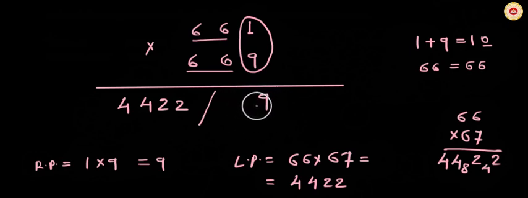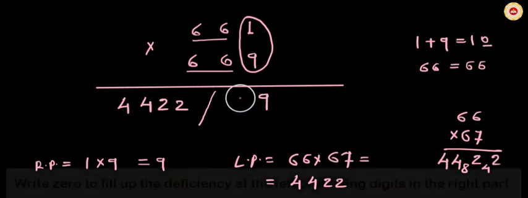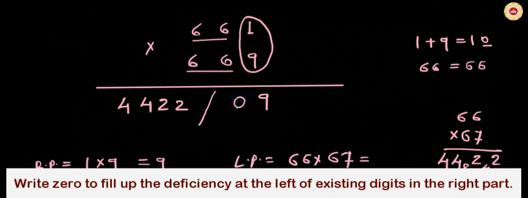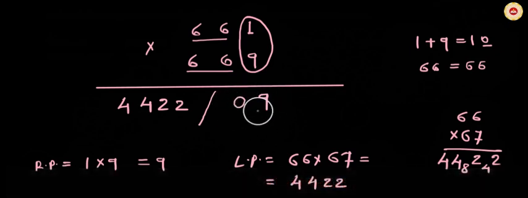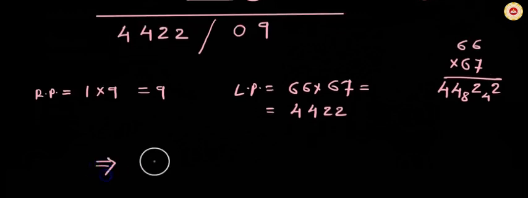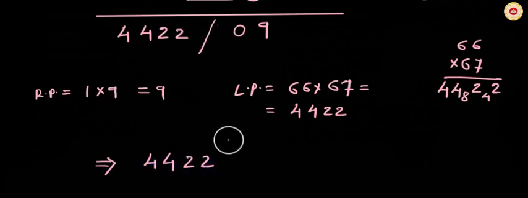But how many digits do we have? There is only one digit. So let us write 0 at the left side of the existing digit or digits, so that the number of digits in the right part should be equal to twice the number of zeros in the sum. Now yes, it is balanced. So let us remove the slash and write the final answer. Write left part 4, 4, 2, 2, remove slash, write 0, 9. That means 4,42,209 is the answer.